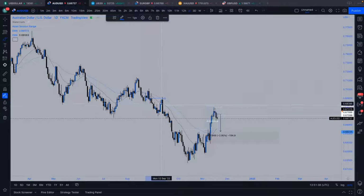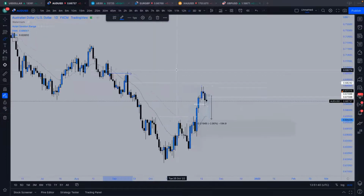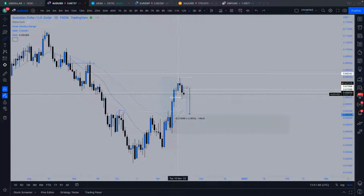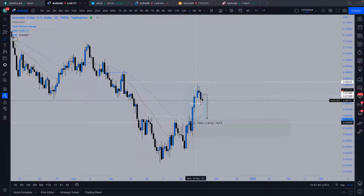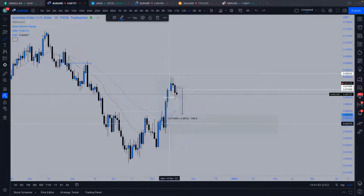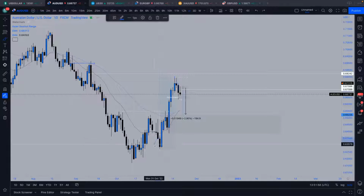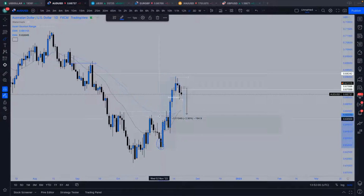Looking for that test, but we have not actually got that yet. But you can see we've had a real shift of momentum. We've actually validated a lot of supply which was created within this zone. This supply has now turned into demand. This demand is in fact here, or we could in fact have this as a demand zone, because this was the one which kind of initiated this push to come and